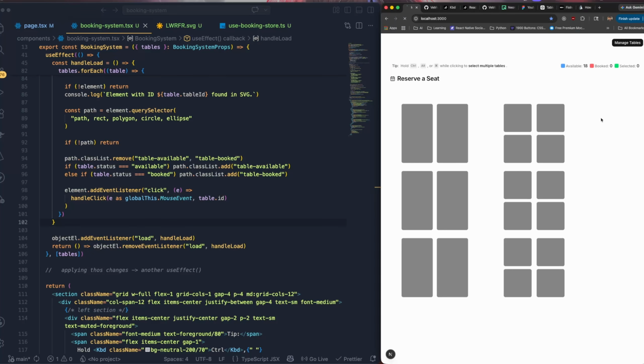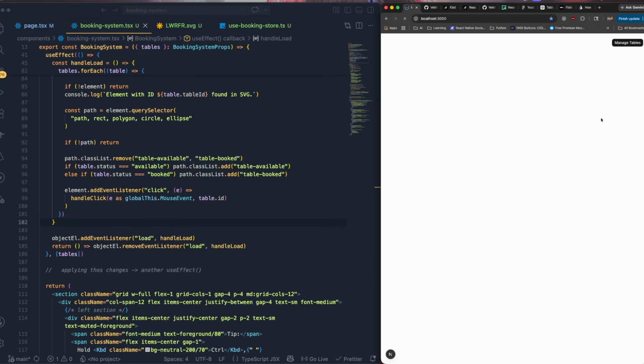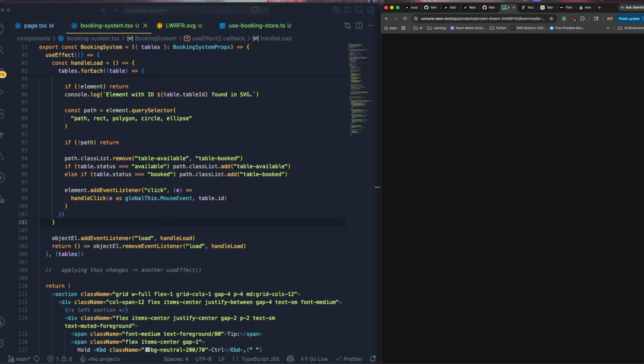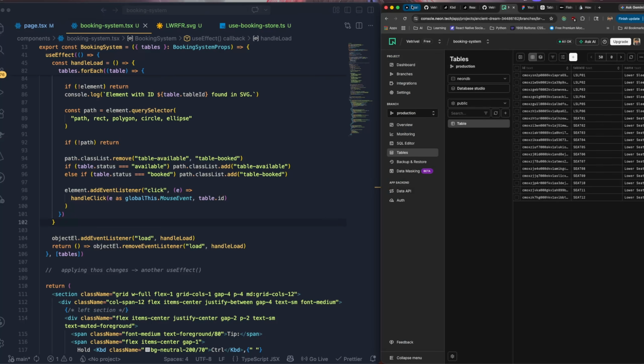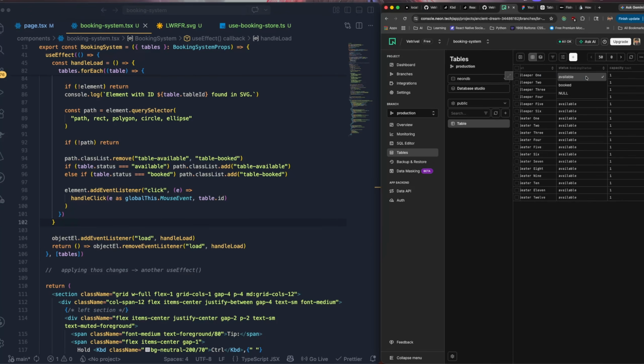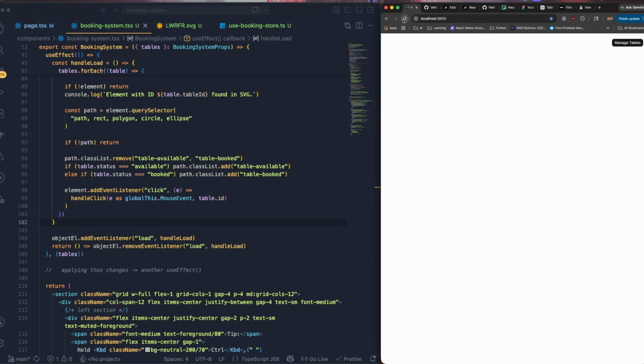Now if I refresh this, nothing is changed. But if I change any one particular table status as booked, for instance, here it is available, let me change this into booked, and let me change this one into booked, and this one into booked. Save these changes. And now if I refresh this,